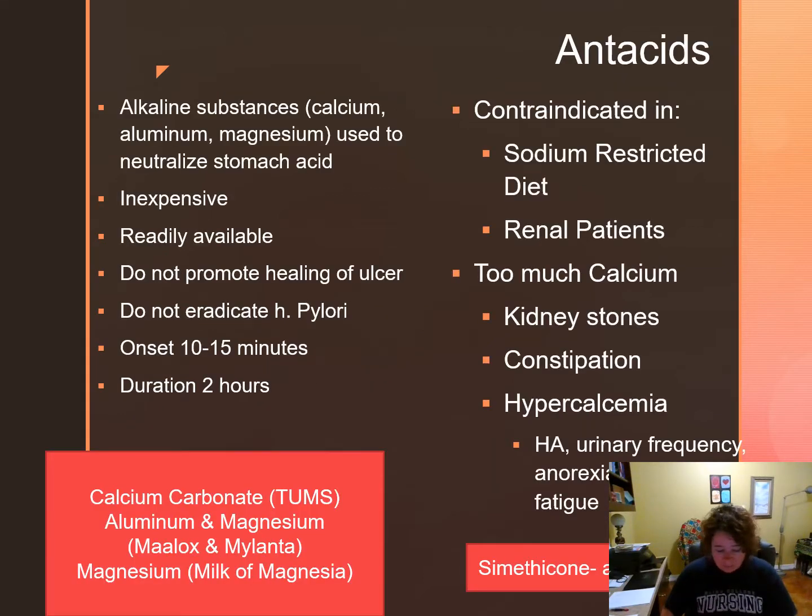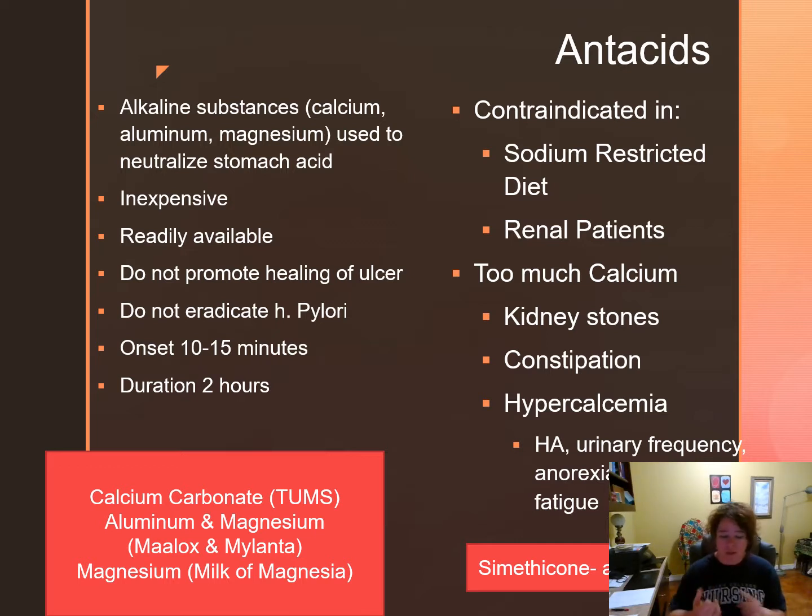First medication up that I feel like my patient would grab if they had an upset tummy would be our antacids. There's a couple of different substances: calcium, aluminum, and magnesium. Sorry, I get tongue-tied. These three all work towards helping to neutralize the stomach acid. They're fairly cheap. You can get them over the counter,